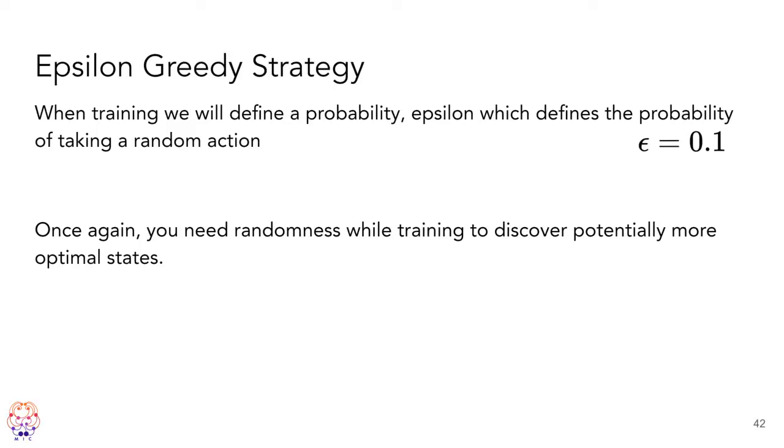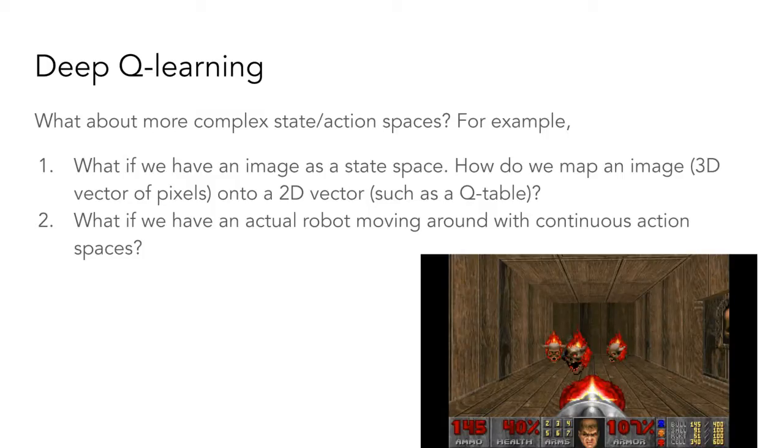You can do more with this epsilon. For example, some people will have the epsilon decrease over time, over iterations. You can have a decreasing epsilon, or an exponentially decreasing one, however you want to treat it. But in general, having randomness for training is good. And then once you want to test it, you'll generally turn this epsilon to 0, and then you're only going to use the exploitative way of pursuing things.